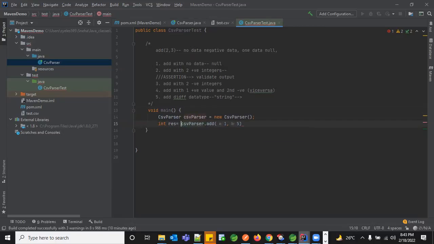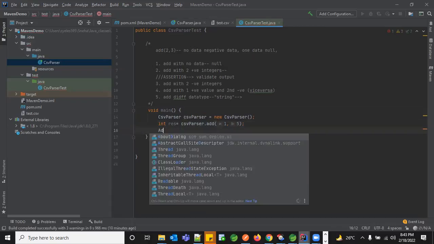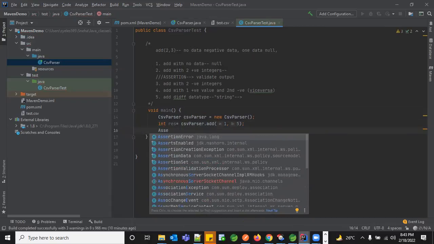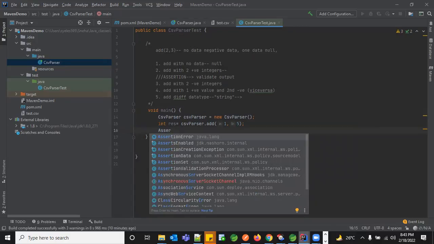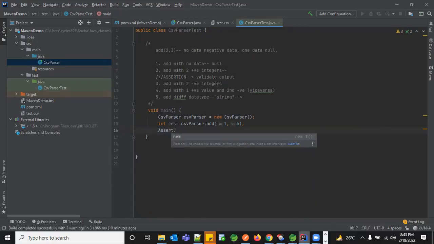Int result. What I'll do after that is have something called an assertion. You need to have the JUnit package, otherwise that will not work. There's something called assert dot equals, which takes the expected value and the actual value.